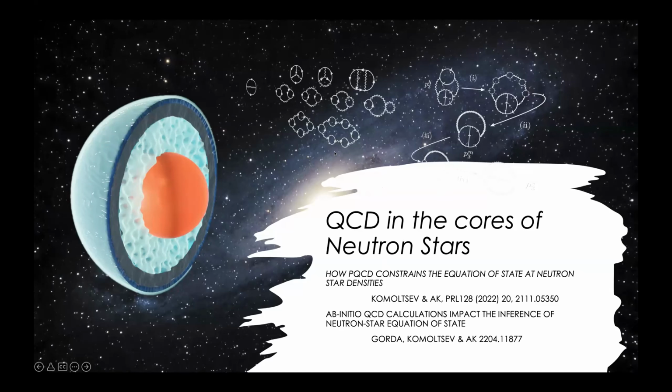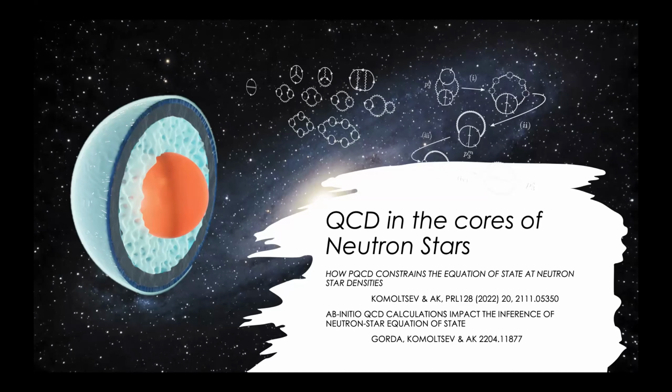You might have heard previous talks from me talking about how we can use QCD in neutron stars, and made some statements about phases of matter in the course of QCD. In this talk and in these papers, what we've tried to do is to put these statements on a more robust footing and try to understand what we actually know and what is the role of these QCD calculations in neutron star physics. Okay.